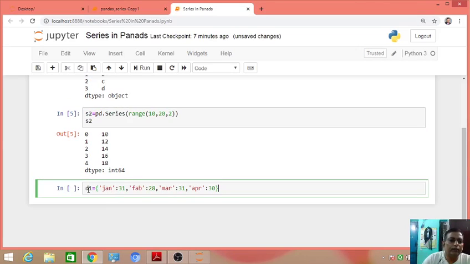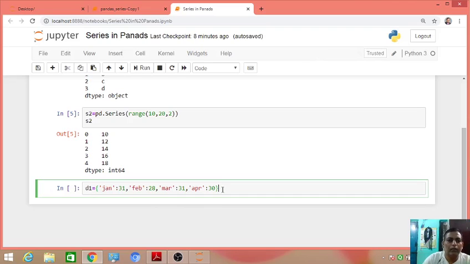We are writing dictionary d1 equal to a dictionary; you know it has two things, key and value. Here Jan, Feb, March, April are keys, and 31, 28, 31, 30 are values.